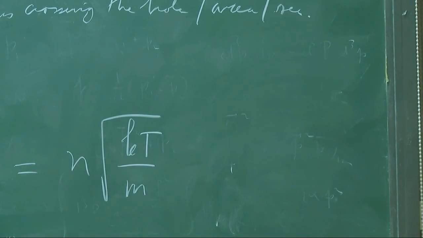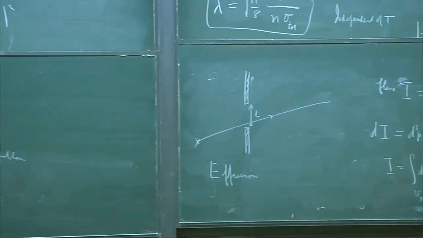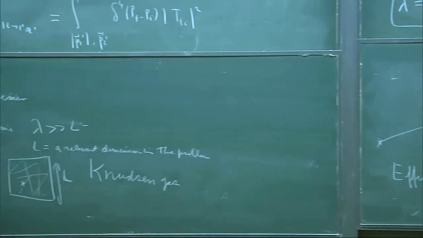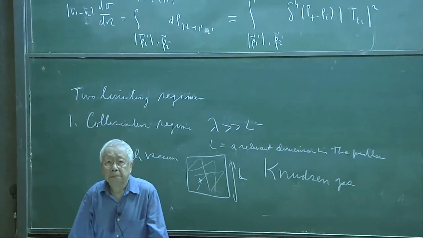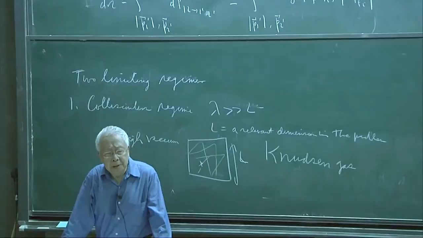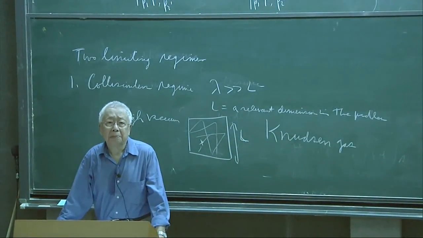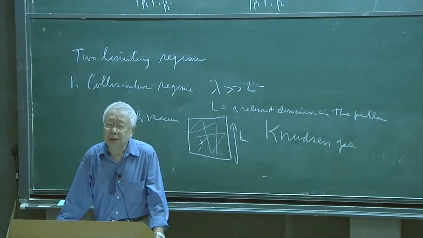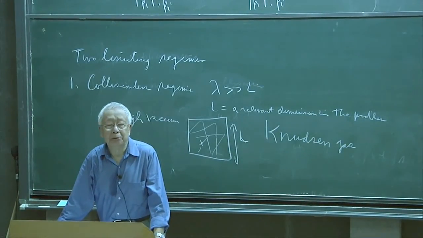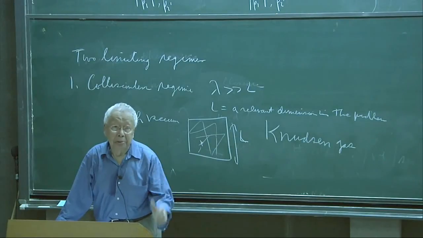So if you have very dilute gas inside a tank, then when it comes out of this hole, the rate is inversely proportional to the square root of the mass of the atoms. That means that if the atom is heavier, it comes out more slowly. So you can separate isotopes. In fact, this is how you separate U-235 from U-238. When they constructed the first bomb, this is what they used to separate the isotopes.